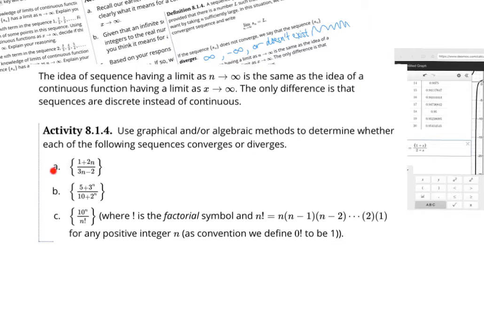You look at something like part A, there's two ways to approach it. As the instructions say, we could either graph it using something like Desmos and make an educated guess about what it approaches, or we could think of this as